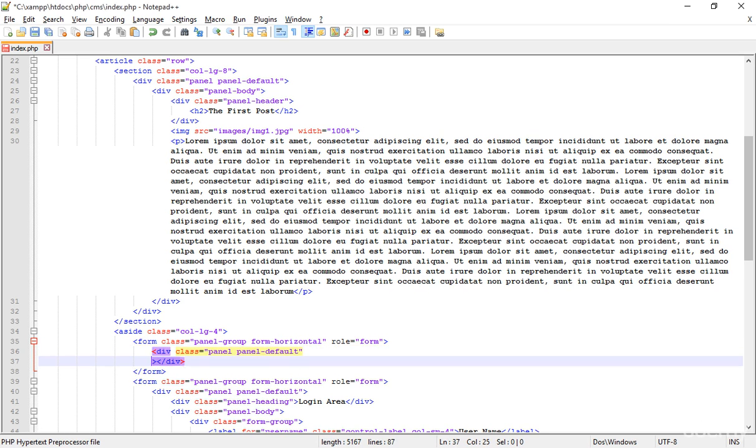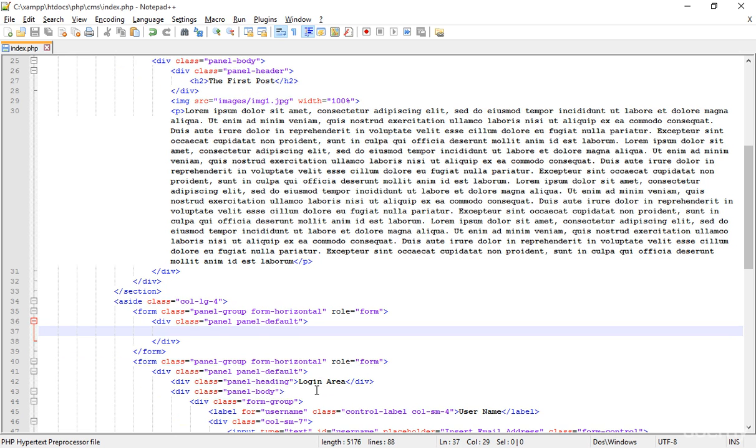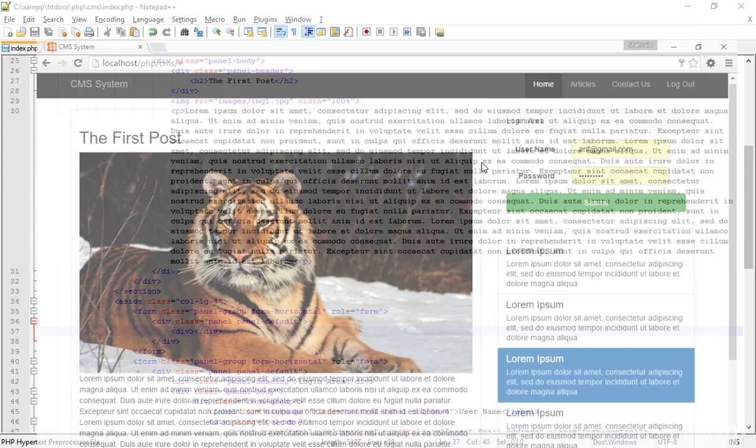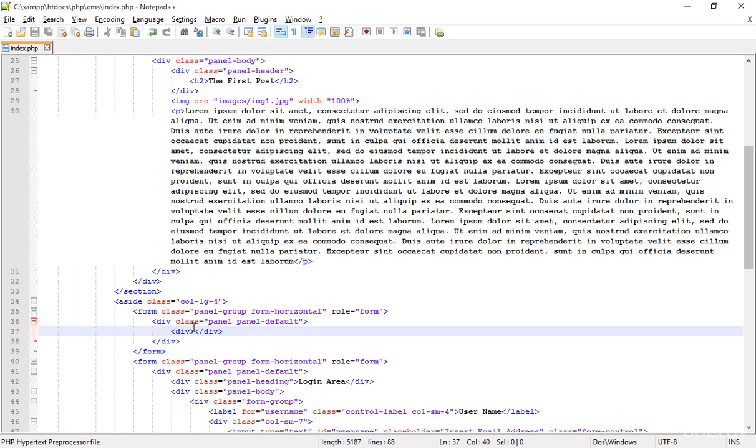and then press space, wait for a while, yeah, press enter actually. And what to do after that? Actually, I'm not adding the panel heading, okay? Heading means the login area, like the thing I just added, which is called the panel heading. I'm not adding the heading now, and directly adding the panel body, okay? Class panel body,